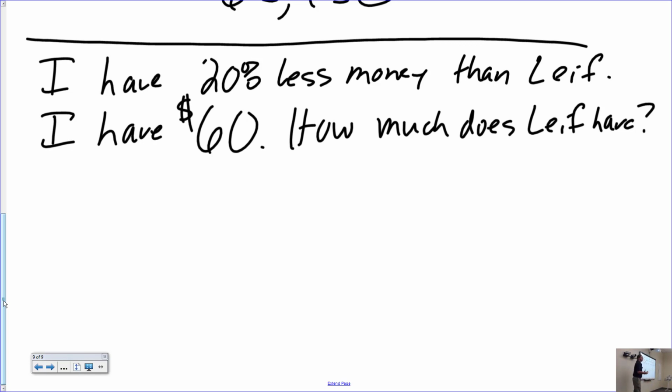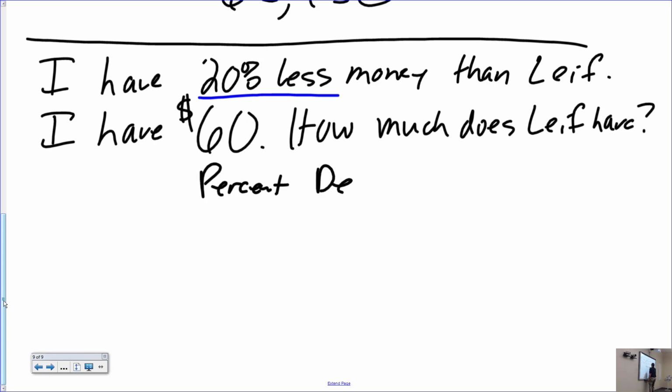Again, when you start doing these word problems in this chapter, and folks, there are a ton of word problems in this chapter. This is the longest homework assignment you will have in the entire class, okay? 46 some odd problems, all right? One of the first things that I want you to do is to figure out what kind of a problem it is. Is it a straight percentage problem, P equals BR? Is it a percentage increase problem, or is it a percentage decrease problem? So in this particular problem, you will go to the percent sign and see the word less after it. 20% less, therefore,